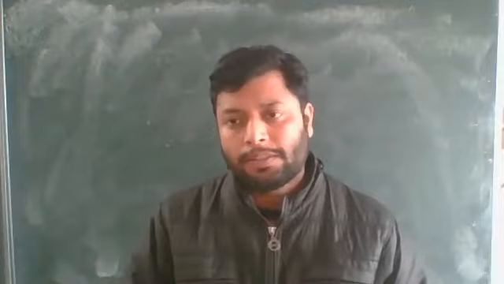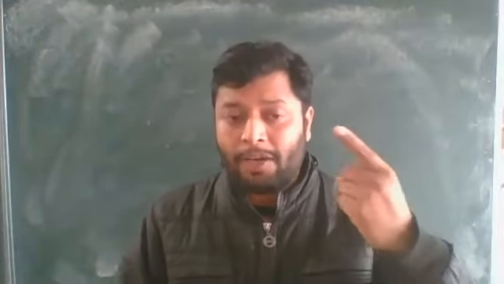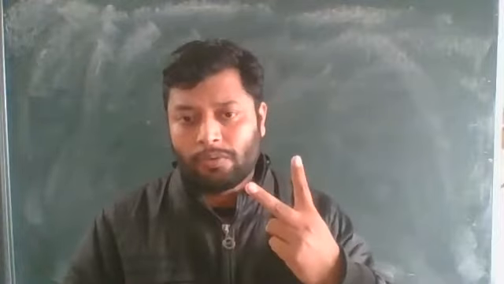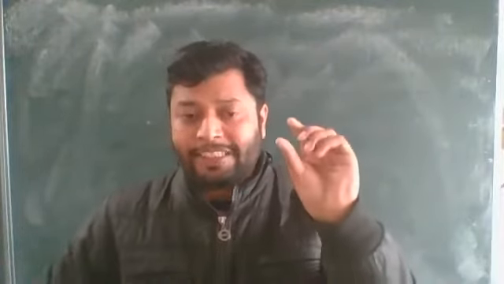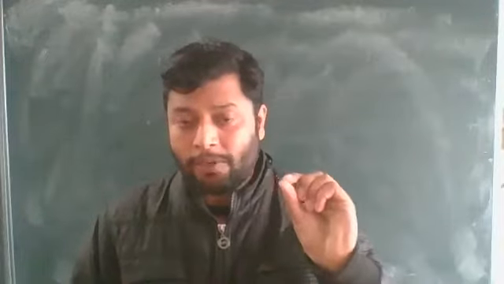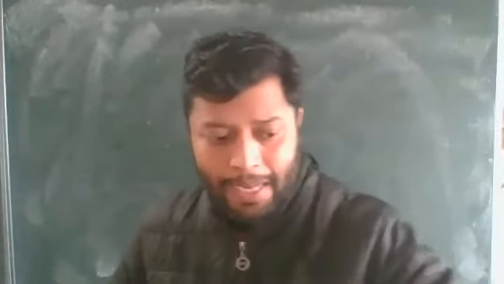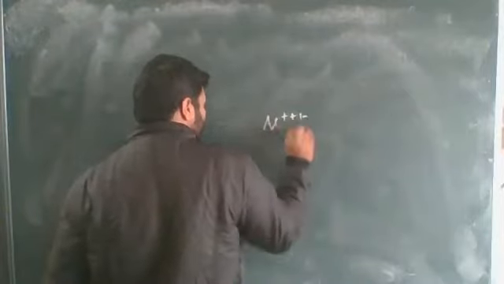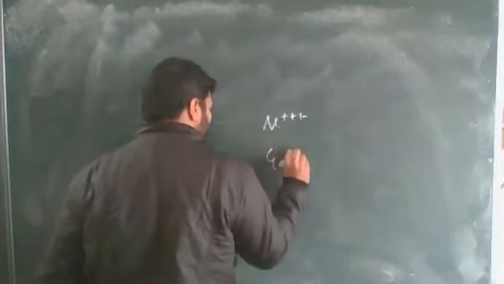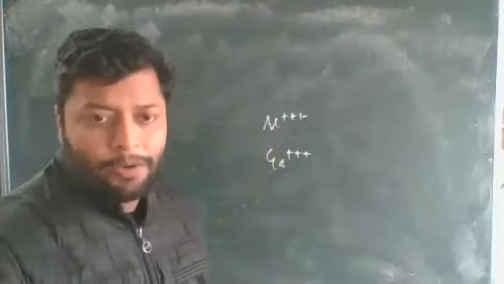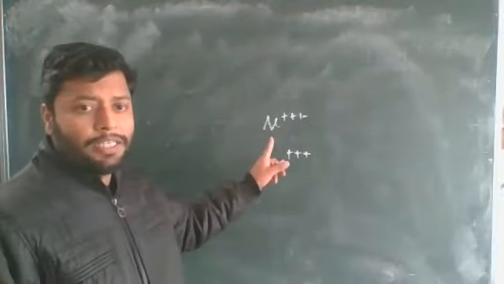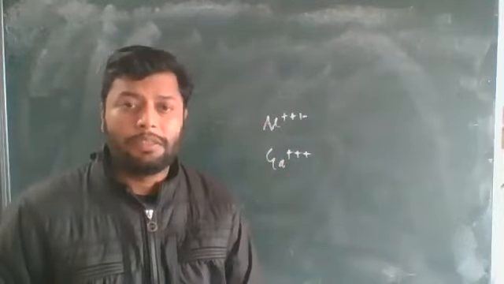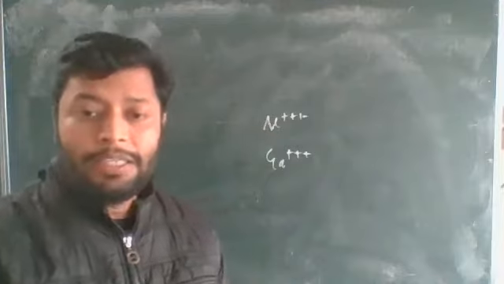than the other particles. So along with valency, along with charge, there should be polarization also. There should be two factors. Smaller the size of the ion, greater the polarization. For example, I have just written here aluminium plus 3 and gallium plus 3.